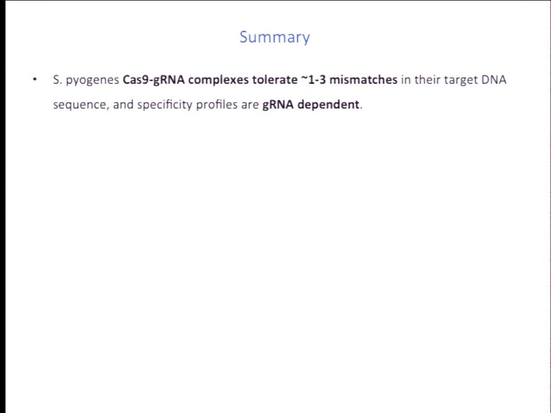So in terms of summary here, the Cas9 guide RNA complexes can, in general, tolerate about 1 to 3 mismatches in their target DNA sequence, which is not too bad in many ways, because one could then appropriately bioinformatically choose guide RNAs that were greater than 3 base mismatches away from the genome. But the important aspect was that this specificity profile was very highly guide RNA dependent, and it remains to be identified what guide RNAs are the most specific and what sort of nucleotide patterns affect specificity. The other aspect that we also discovered from these experiments was in the context of the pyogenes, the PAM was both NAG and NGG.